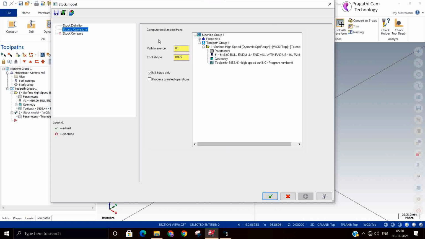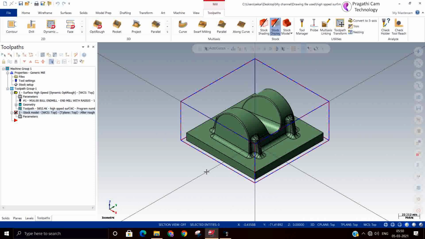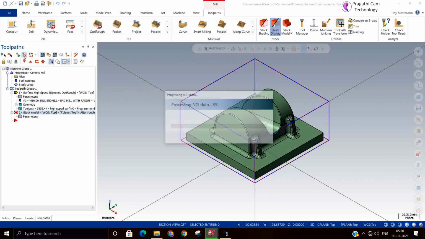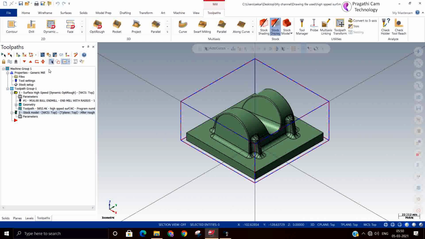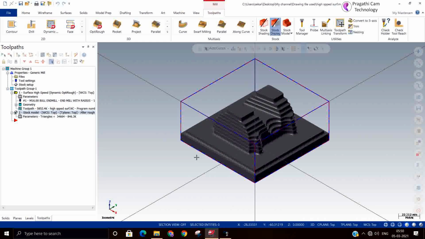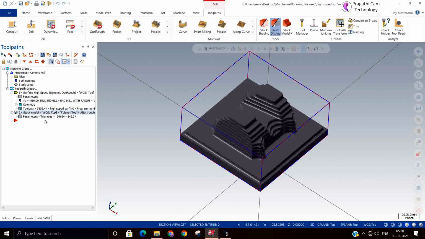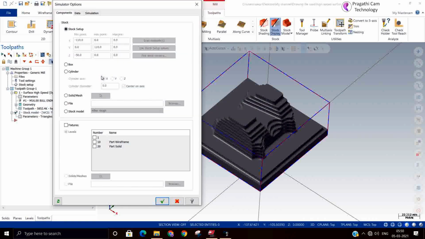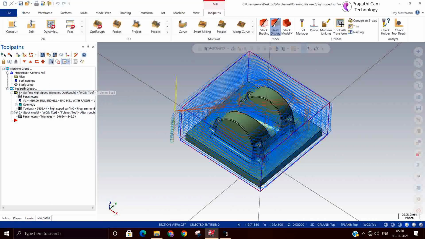So you need to select the source operation, and based on that it will generate the intermediate stock. So this is the stock after machining. This stock you can use for the next operation. I have kept the rough stock around 1 mm, I think 1.5 mm.